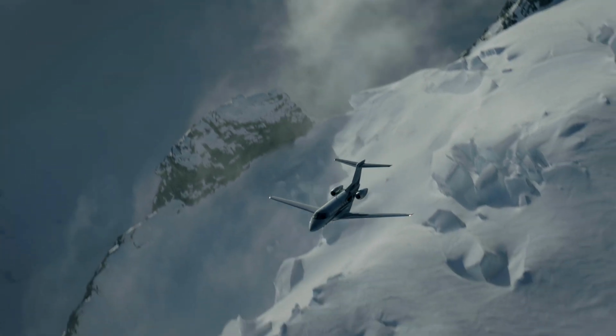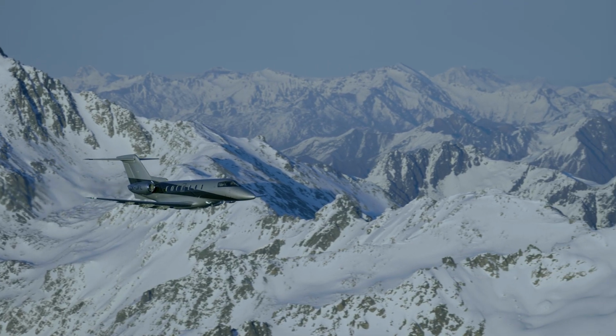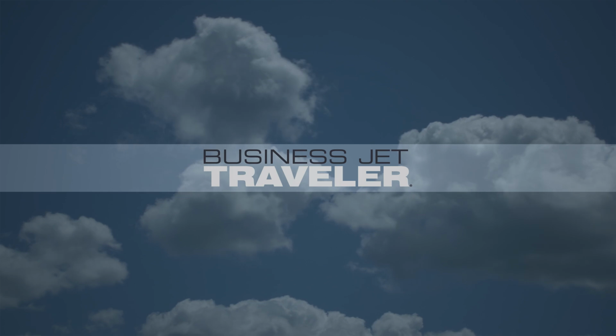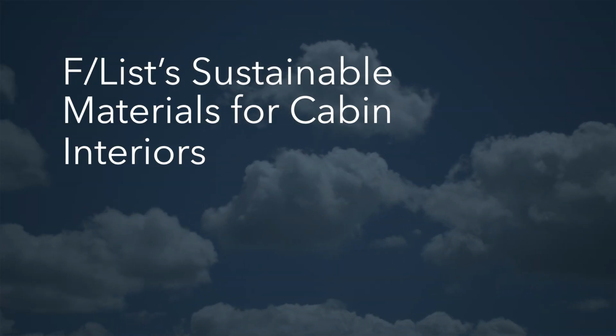How to reconcile a private aviation lifestyle with a commitment to reduce one's carbon footprint is a growing dilemma for some consumers. In response to the climate emergency, some companies are taking up this challenge by seeking a greener approach to the design and manufacturing of aircraft. Austrian company FList has a team of specialists rethinking how to meet increasingly complex customer expectations,